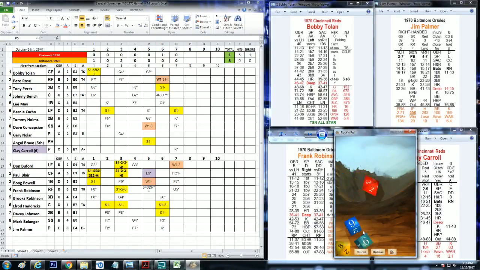So away he pitches. This dice is going crazy. There he goes. So it's a 982. 90 is going to be off a Tolan, and 82 is obviously going to be an out. What kind of out is it? He is an LN